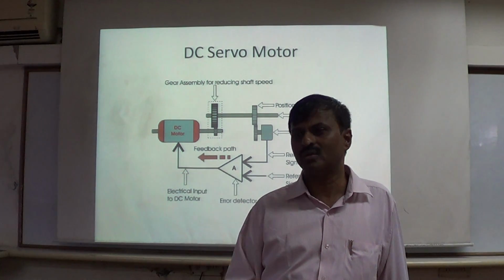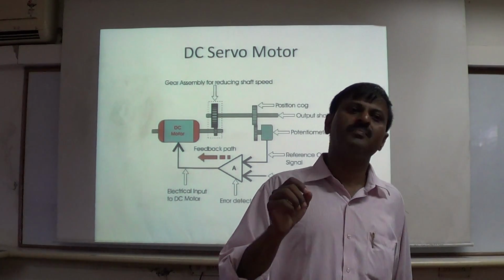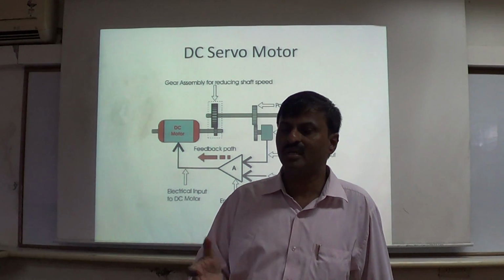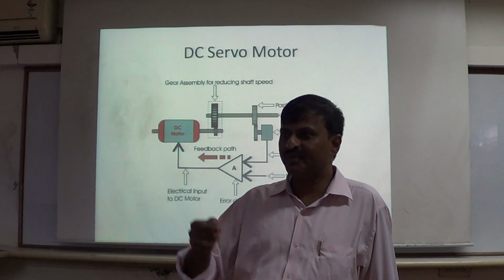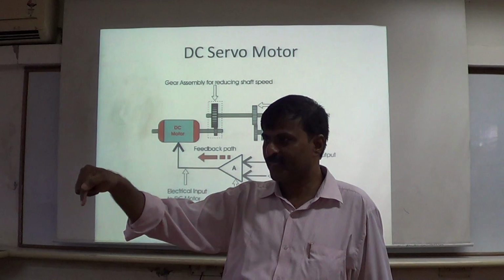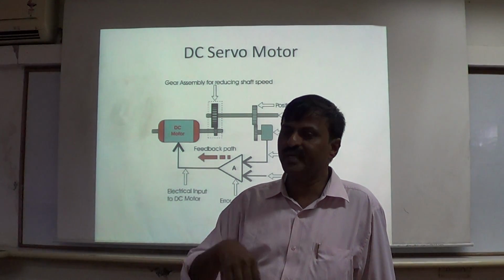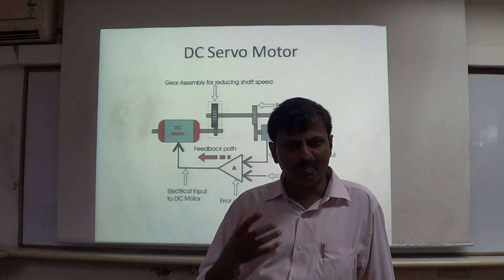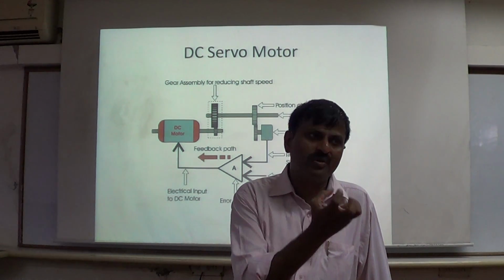Precisely you can control, right? DC motor precision is not that high. Stepper motors, see, the problem is finally what is your application. If you want to control the position of a pen on the plotter, how accurately you want to control it, accordingly you have to think of what kind of mechanism you want. So plotters, printers, or sophisticated robots